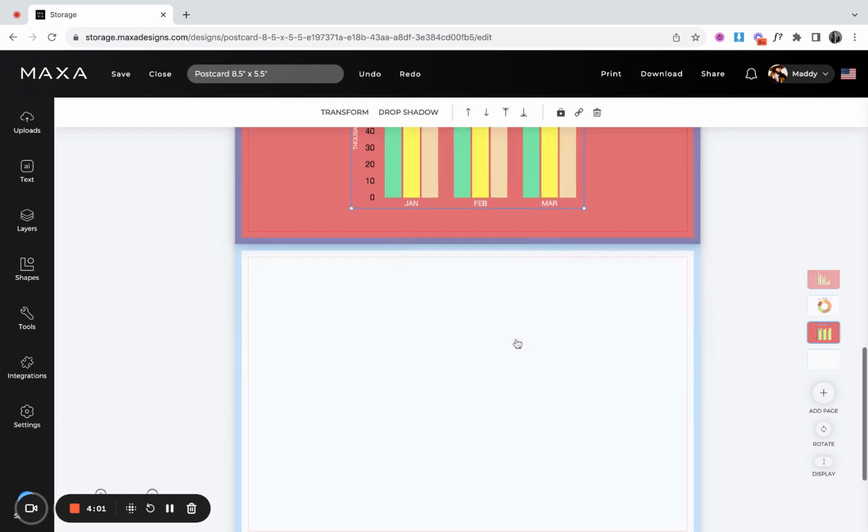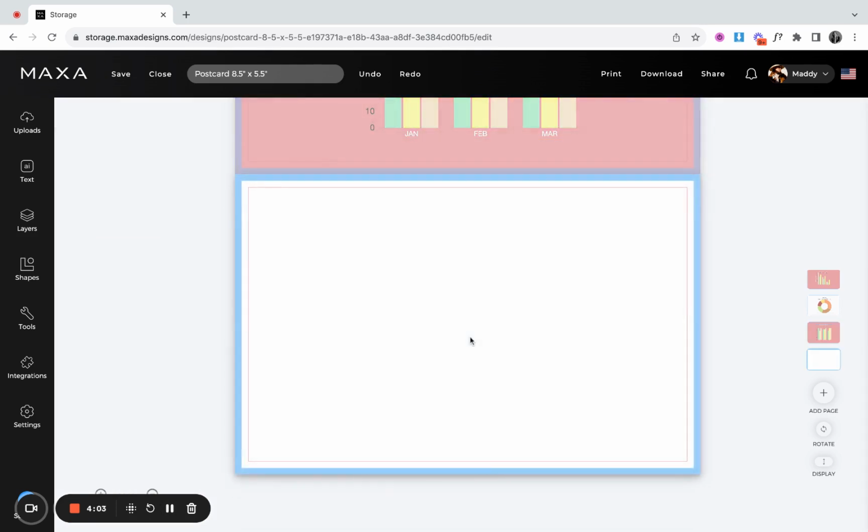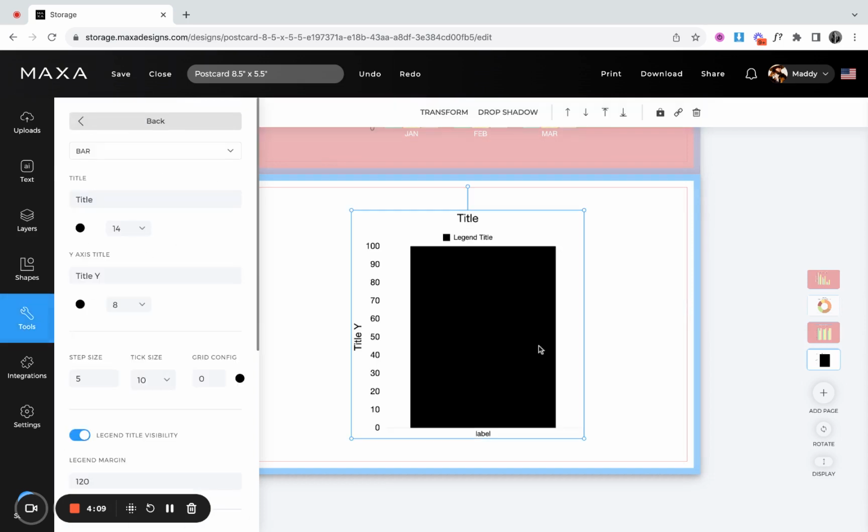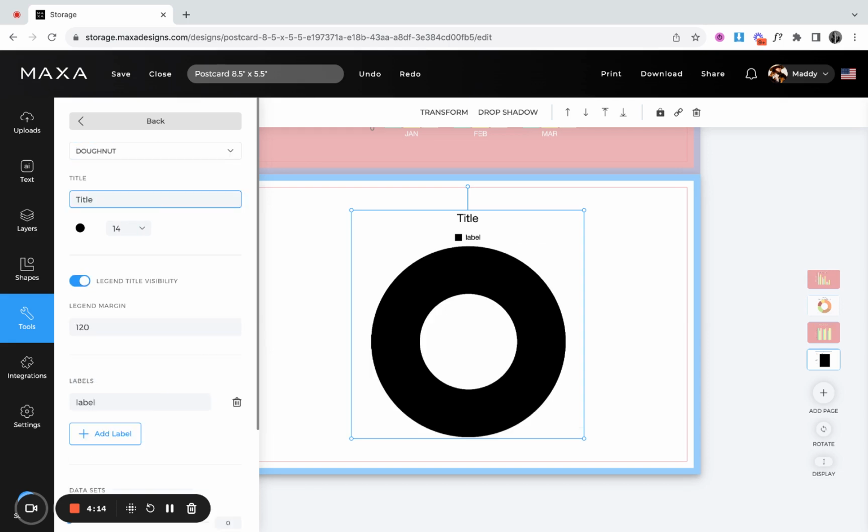Now let's say I want to make a pie graph. Let's just do it on the next page. I'm going to go back into my tools, go into chart, and create a new chart. Select it, and then let's choose donut. And now we can change the title. So perhaps we'll do favorite